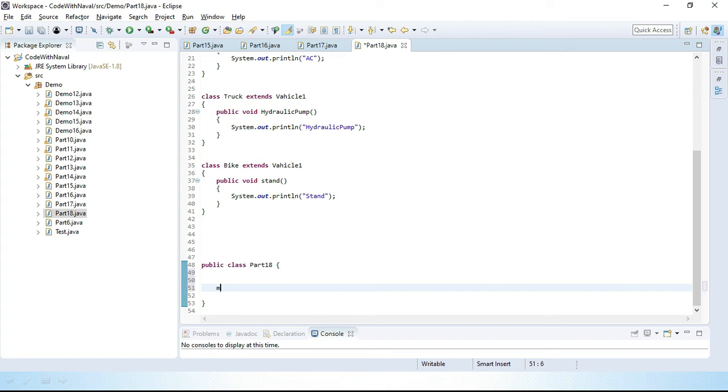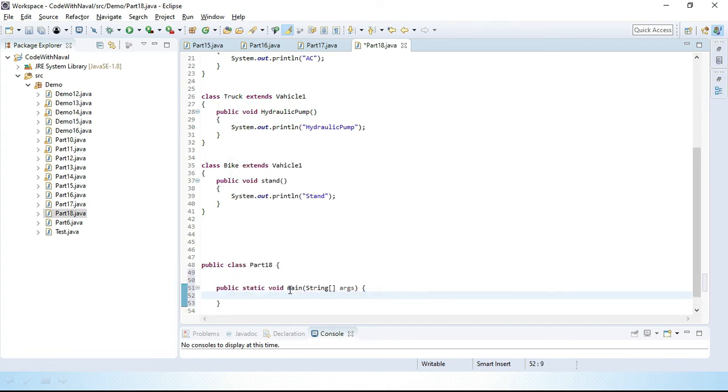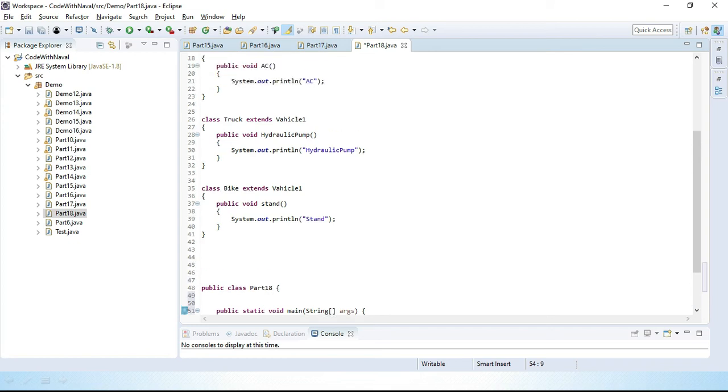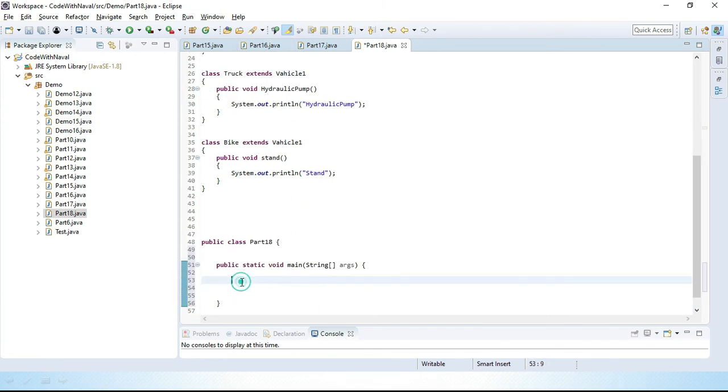Now if we want to create objects, in this main class I'll define the main method, main, control space and enter. If I want to create a Car class object, I'll use the Car class: Car c = new Car1. This one is a Car class object.